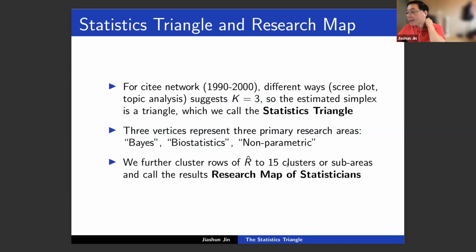And how do we decide the number of sub-areas? We do it similarly. We tried the number M of 5, 6, 7, up to 20. Then for each of these sub-areas, or clusters, we print out the top authors, the high-degree authors. We look at their names and label each sub-area. Eventually we decided 15 clusters may be an appropriate number of sub-areas. So this is how we decide the number of primary research areas and the number of sub-areas.